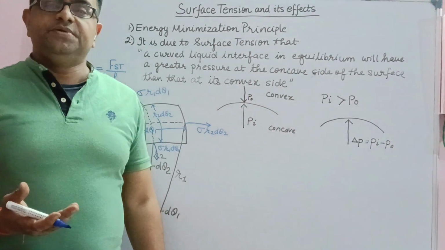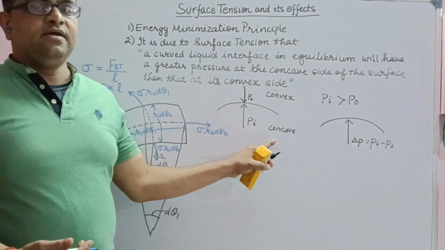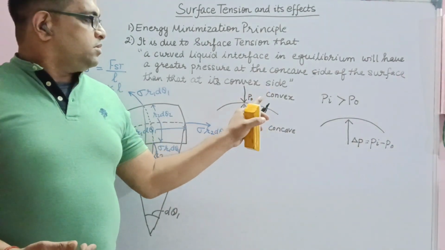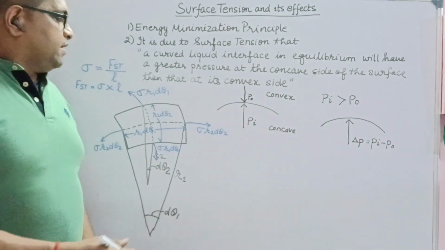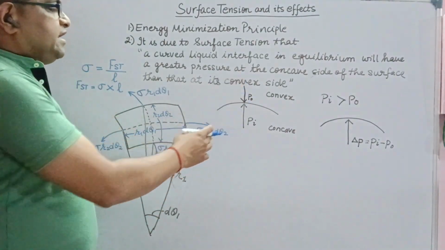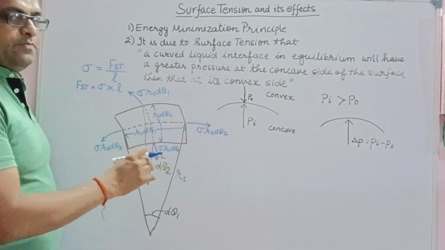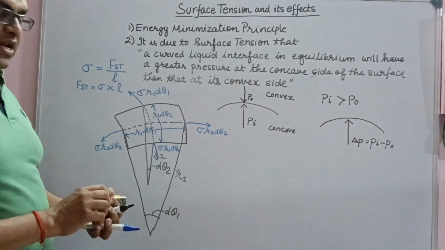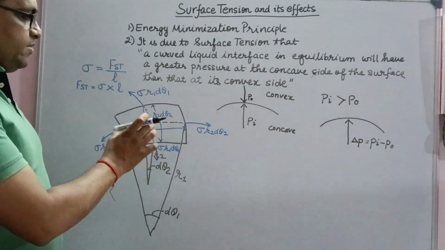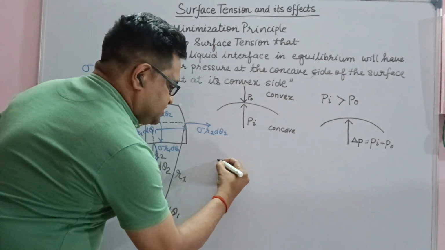Now let the surface be subjected to a uniform pressure, say Pi at the concave side and P naught at the convex side, acting perpendicular to the elemental surface. Now, since they are acting perpendicular, we would like to resolve the force due to surface tension in the perpendicular direction. So, through geometry, we can do that. Let us consider both the sides one by one. This will be our first side,